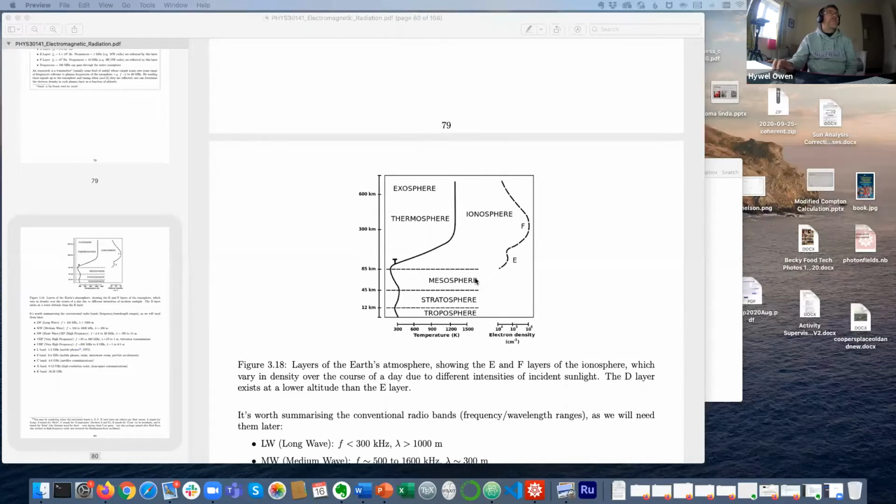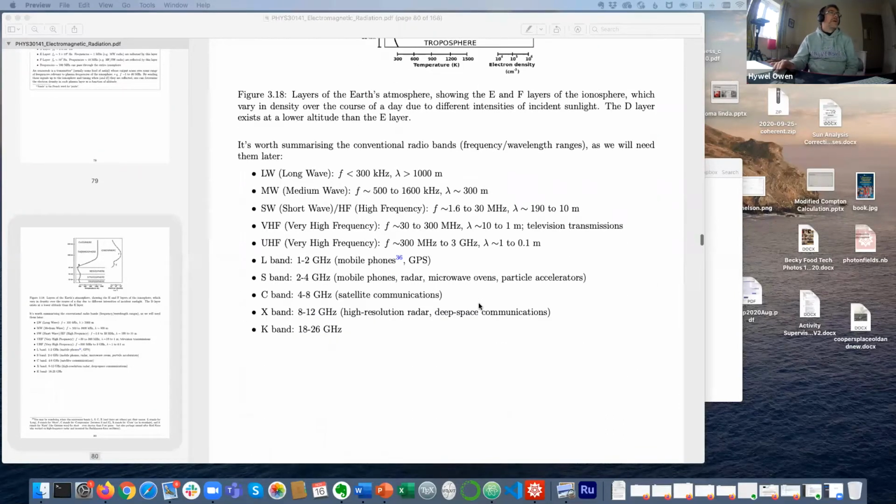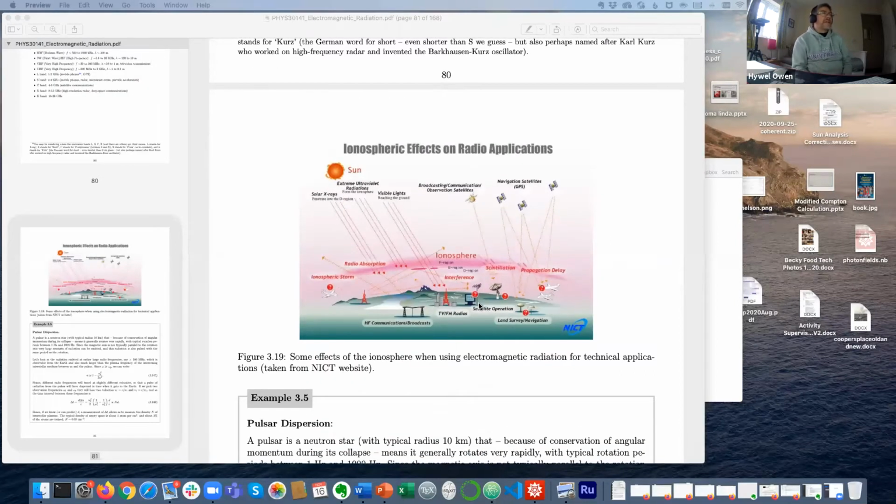We can only measure the plasma densities below, because of course the ones which have a low plasma density very, very high up, we've already seen the reflected radiation from the lower layers. So we can only see it growing rather than shrinking. So if we see that pictorially, this is figure 3.19, you can see that long wavelength radio signals can travel